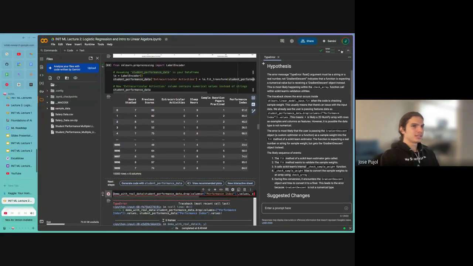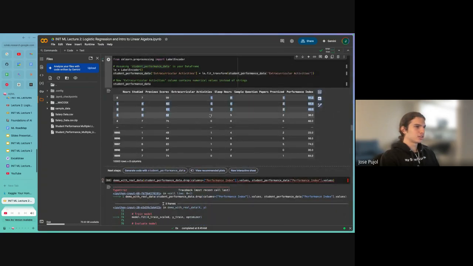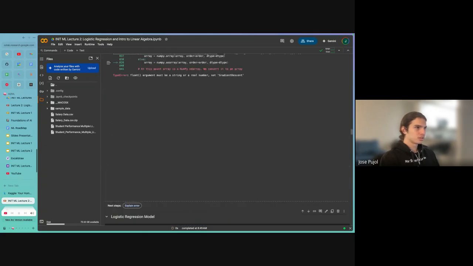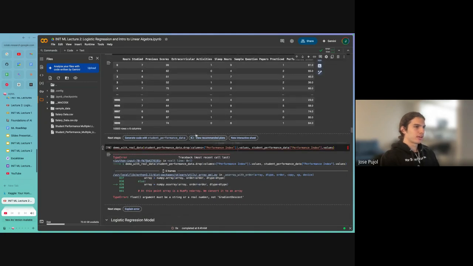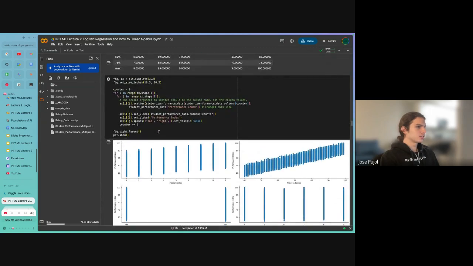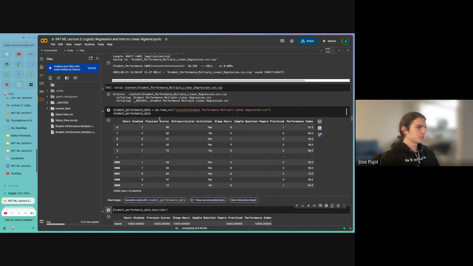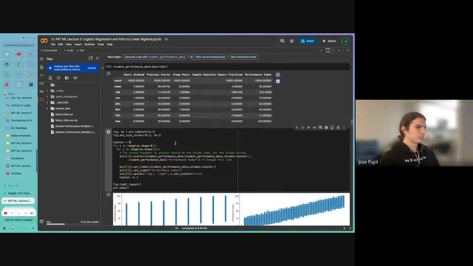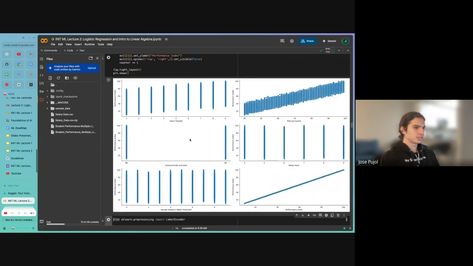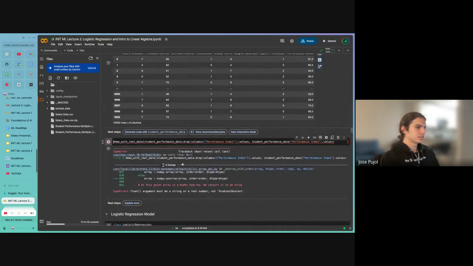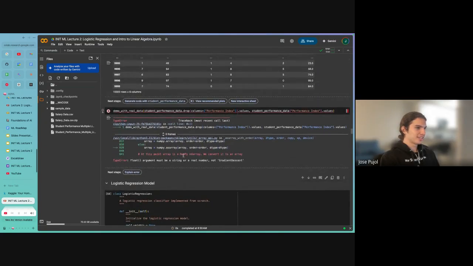Yeah, so we see it did convert it into this numerical representation. I did get that error beforehand, but it was due to this, and then it had fixed it. Oh, is it because I need to run this? Oh, I haven't. Have I run this? Hope I've run this. And then the plots, and then you can see this. And then you're not working for some reason? What the hell? Okay, in the interest of time.